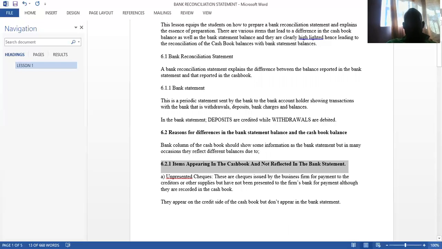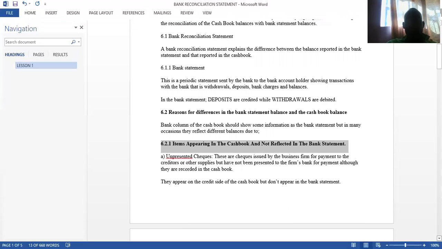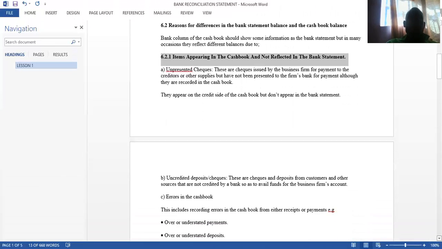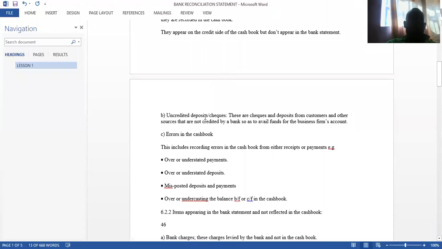The other case is what we call the uncredited checks. Uncredited checks are the checks and deposits from customers. In short, these are the checks that have been received. The moment they have been received, they are recorded in the cash book, but because we are the business that received that particular check, we delay taking them to the bank, or we take them to the bank, but because